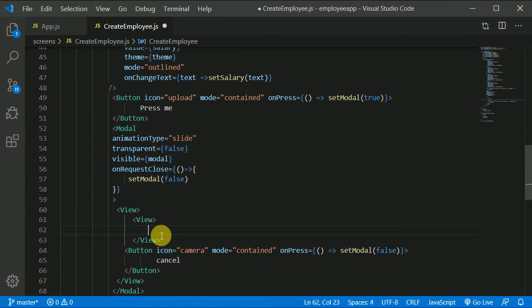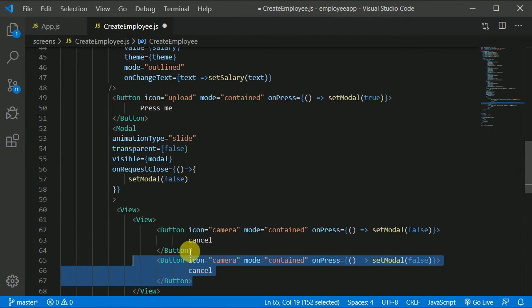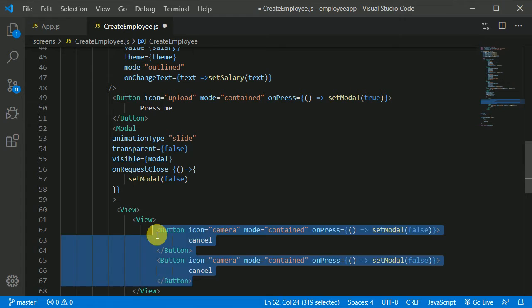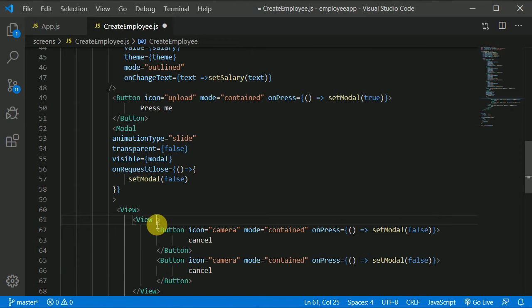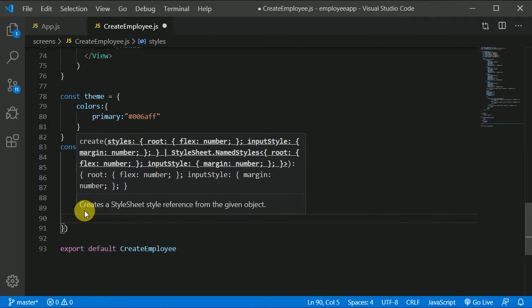Control C, right? Just give it a tab, little tab, and I'll shift down key, right? So these two buttons, one will be for upload image from camera and one will ask for upload image from gallery. Now these two buttons I want to align row wise, right? So I can just give it a style, maybe style is equal to styles, and let's give it a name of maybe model button view, and let's create this model button view on here, right? So let's Control V it,